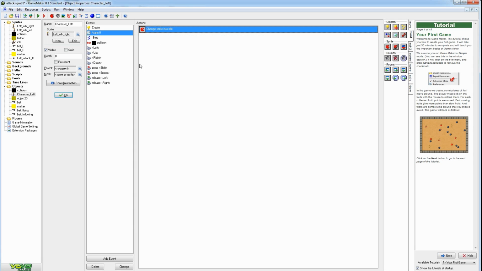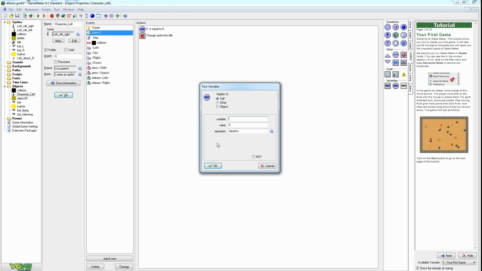However, the problem is, what if he did the attack in the left direction and the alarm 0 will always turn him to the right direction? So we need to figure out which direction he's facing. So one option to do that is to set a variable. So we'll check if